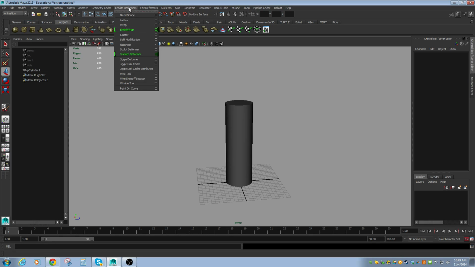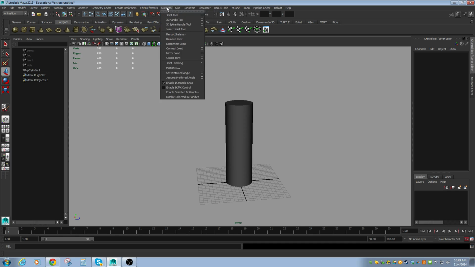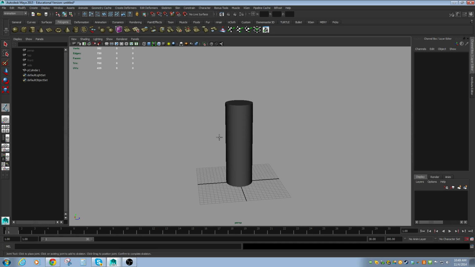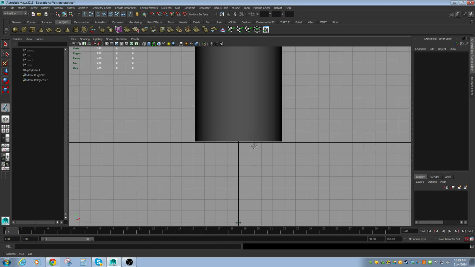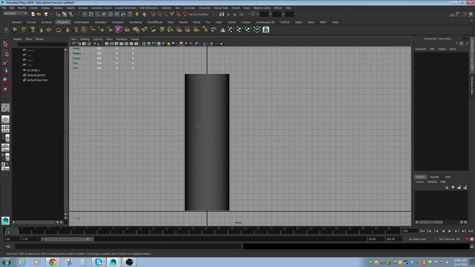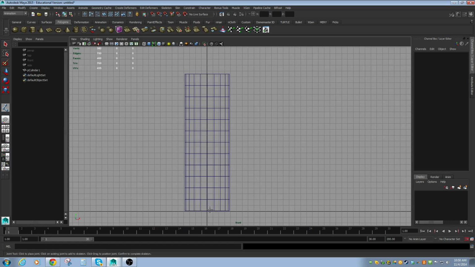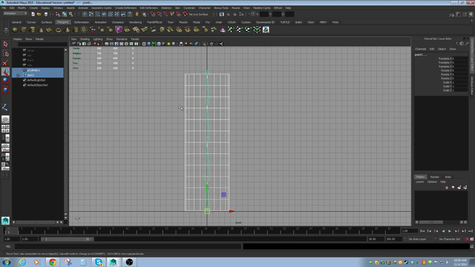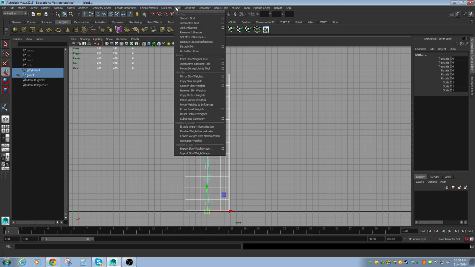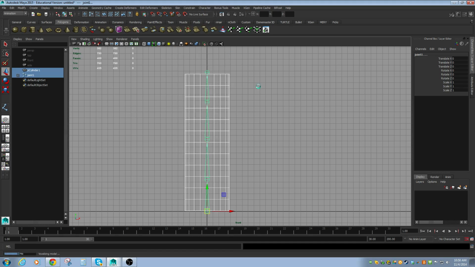Now, by far one of the biggest deformers that is used is skeletons and skinning. Okay, so we can create a joint tool. If I go to my front view, as we saw how this worked before, I'm just going to hold down X to lock that to there, hold down Shift, and you'll see that I can insert joints. Okay, now these joints are just pivot points that are going to be used to define how these vertices on this object will deform. So if I select them both, I go Skin and Smooth Bind, and you'll see that